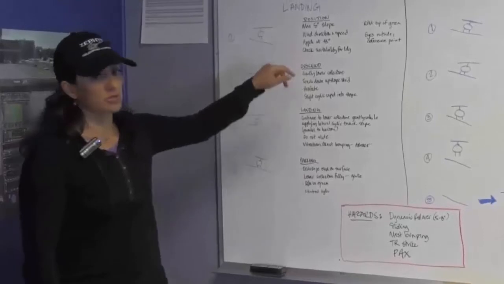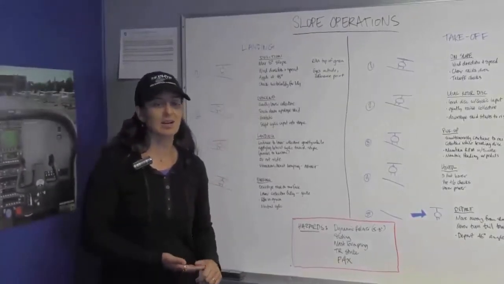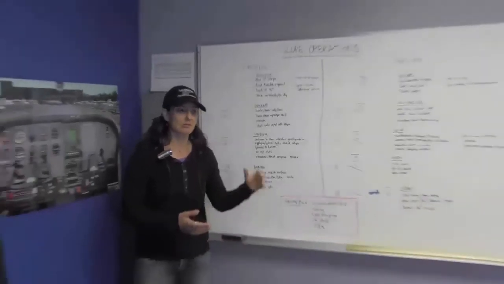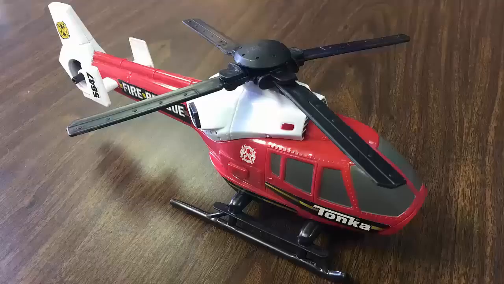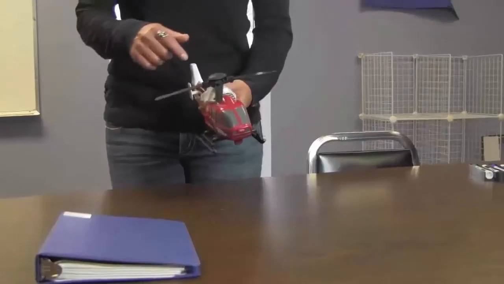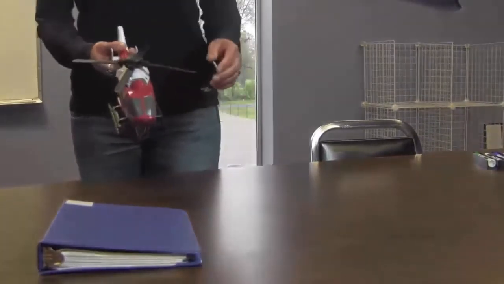So let's talk about how you approach. And I've got a little visual aid, a Tonka helicopter, that's going to help us kind of visualize a couple of these steps that I'm going over. So our Tonka helicopter looks suspiciously like an EC-120. Blades look kind of like they would be going in a clockwise fashion, but for the purposes of this demonstration, we're going to